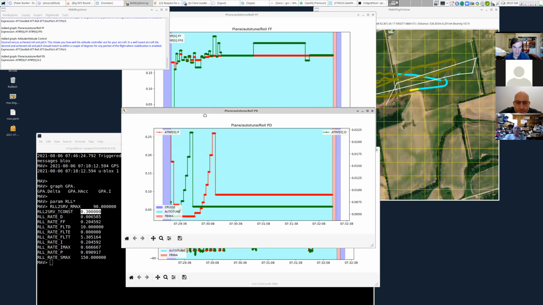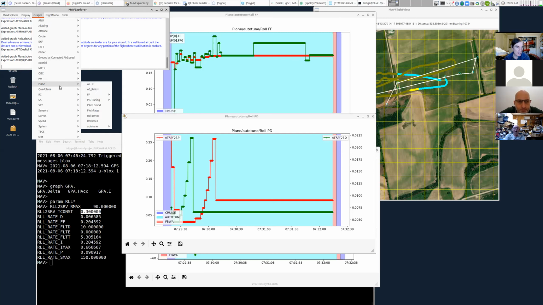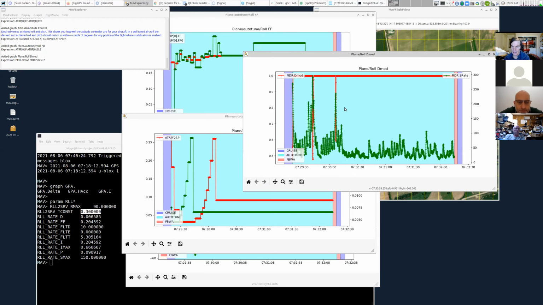And what we can see happened is that it started off deliberately bringing his P and D gains nice and low before it started the tune, and then it raised the D term up until it saw oscillation. And we can actually see the oscillation if we look at what's called the roll D mod. This is the roll slew rate on the right-hand axis here, and we can see that it's getting up to peaks of about 300 degrees per second. And the D mod is Paul's neat little oscillation detector, which detects when you're oscillating and automatically backs off the